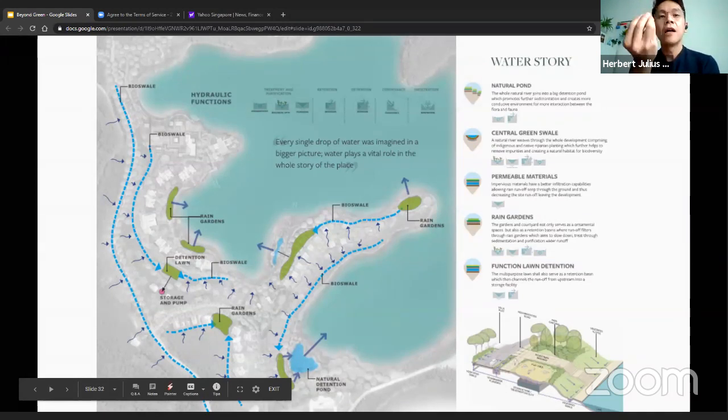How do we work with stormwater in this development, and how do I channel, store and treat my runoff from the roads before it leads into the lake? And the client really loved it, because he knew that the lake is the prime selling point for this development, and thus keeping it clean and treating the water before it goes into the lake was very much welcome as an idea.